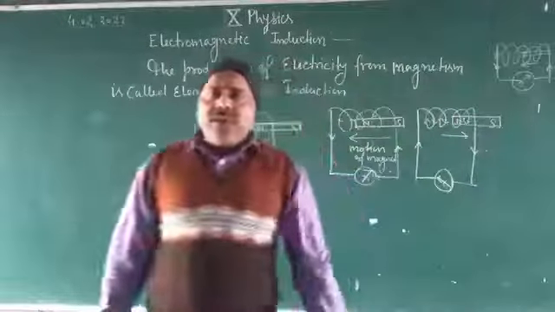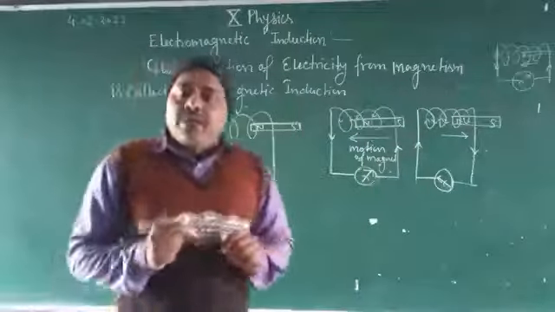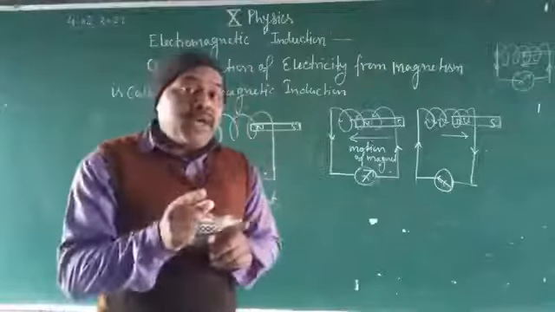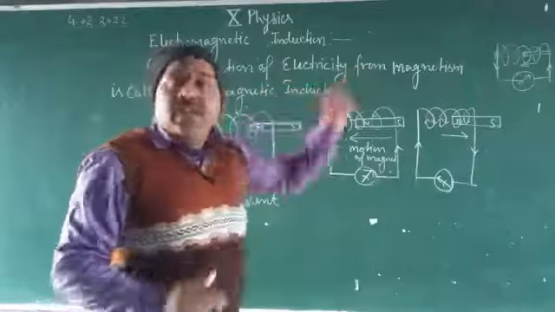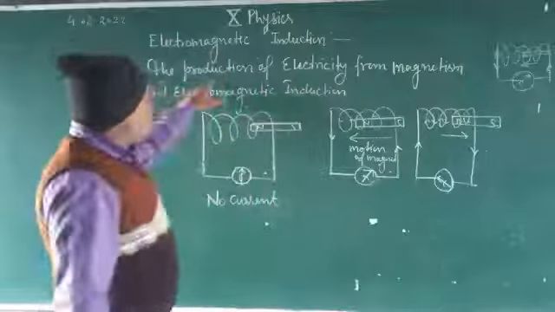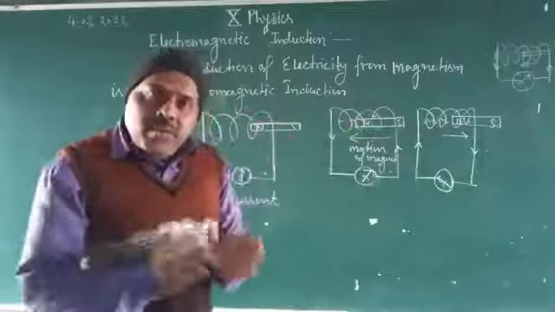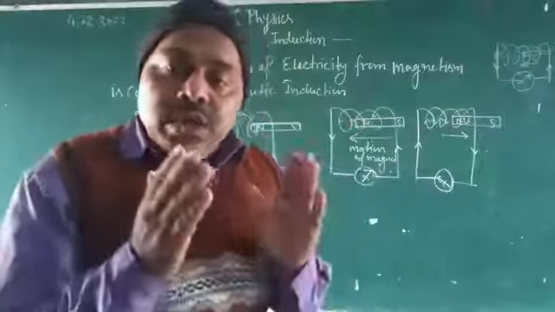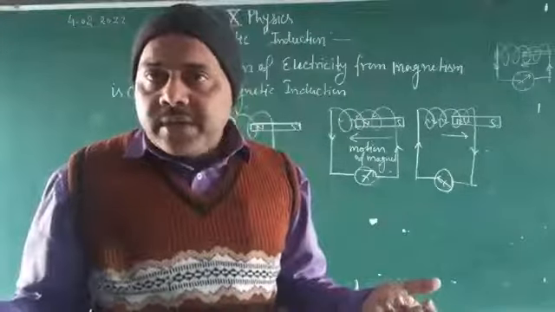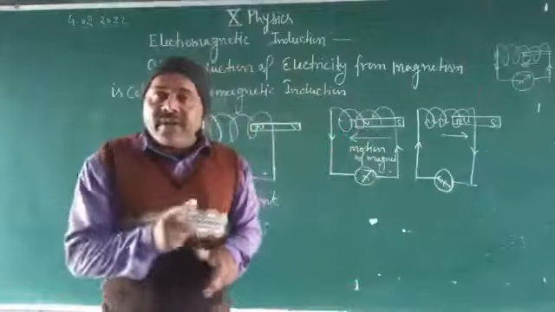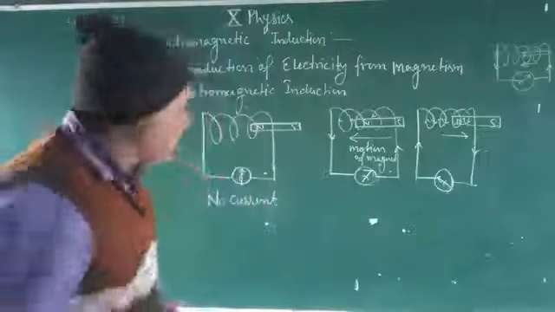Dear student, now we can say that the induced current is produced due to the change in the magnetic field lines of force when the magnet or the wire is placed between a strong field magnet. This phenomenon is called electromagnetic induction. Or we can say that the production of electricity from magnetism is called electromagnetic induction. Electromagnetic induction is used to produce induced current, like in a generator. And the direction of induced current we can find with the help of Fleming's right hand rule. This is the right hand rule.